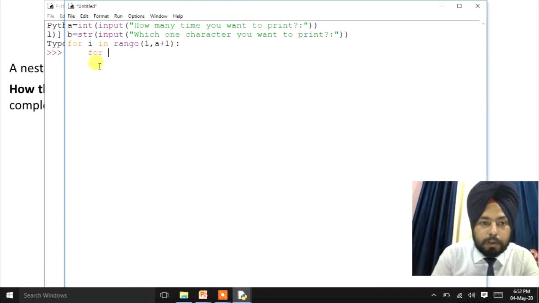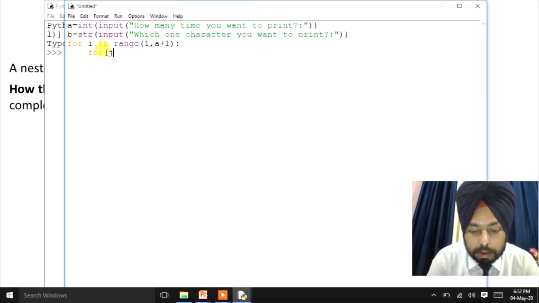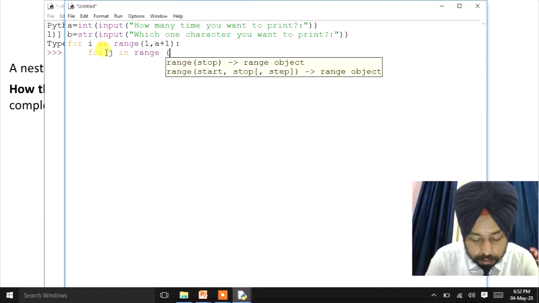This for loop will work in the inner side, and this will be called outer. For the next condition, j in range, and the condition will be 1 comma i plus 1, right?